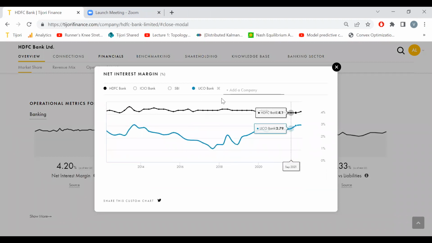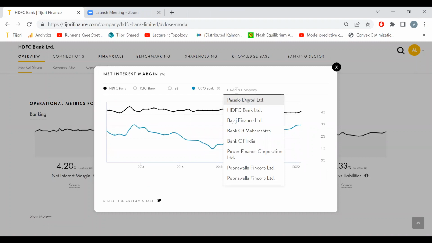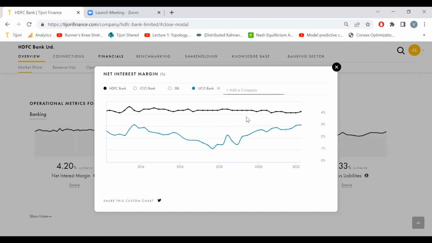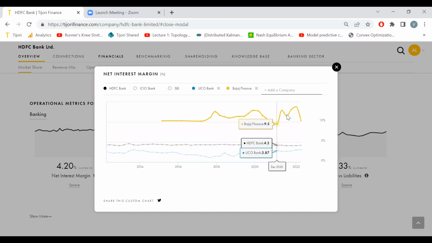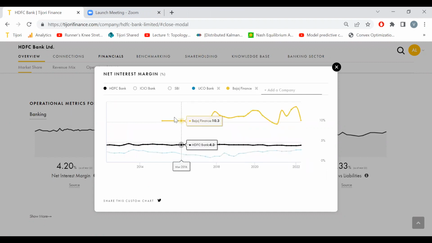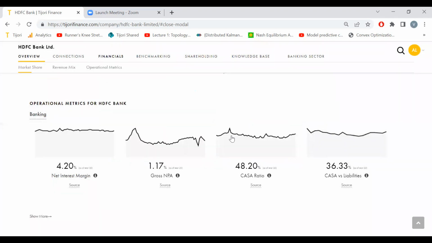So I just took UCO Bank because I'm trying to say that you can take any odd bank or any NBFC that you want and just compare it to HDFC Bank. And this saves a lot of time because imagine having to do this over time for one company and then for the 5 comparators and then for each metric. Usually we do it physically, going through each annual report and then collecting it.